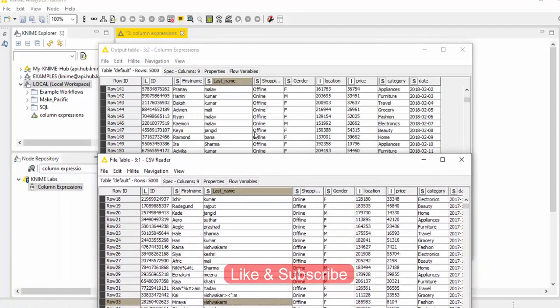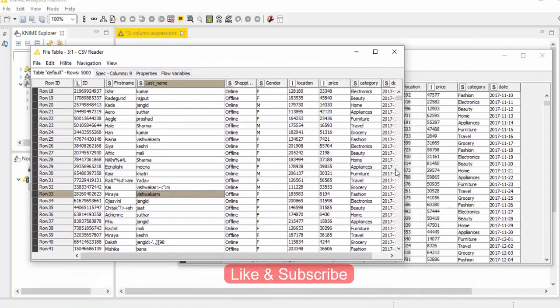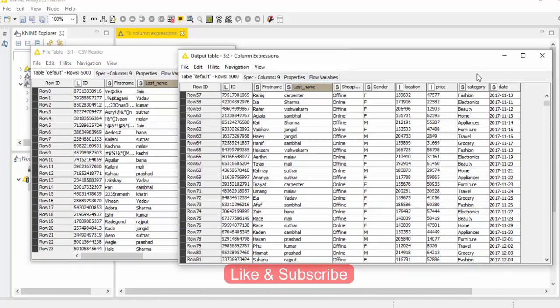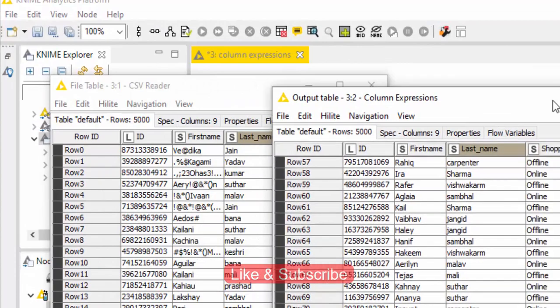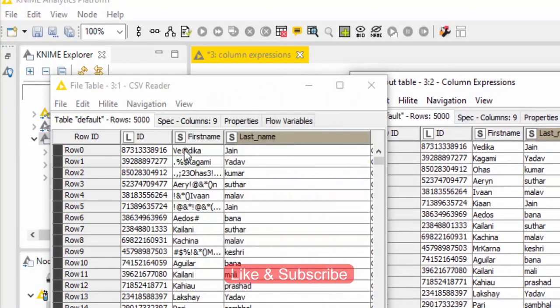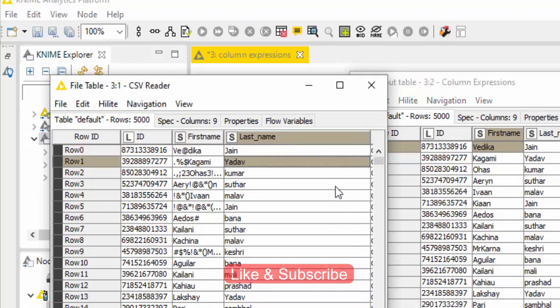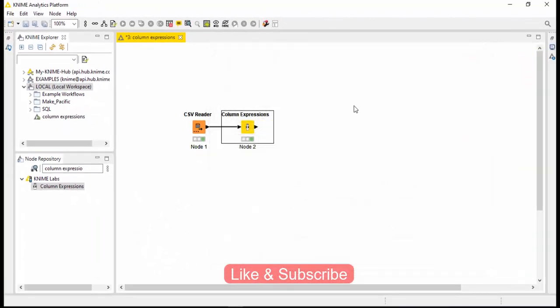You can see that Vedika Jain is corrected, this is Yadav, all the special characters have been removed after applying the formula with Column Expressions.